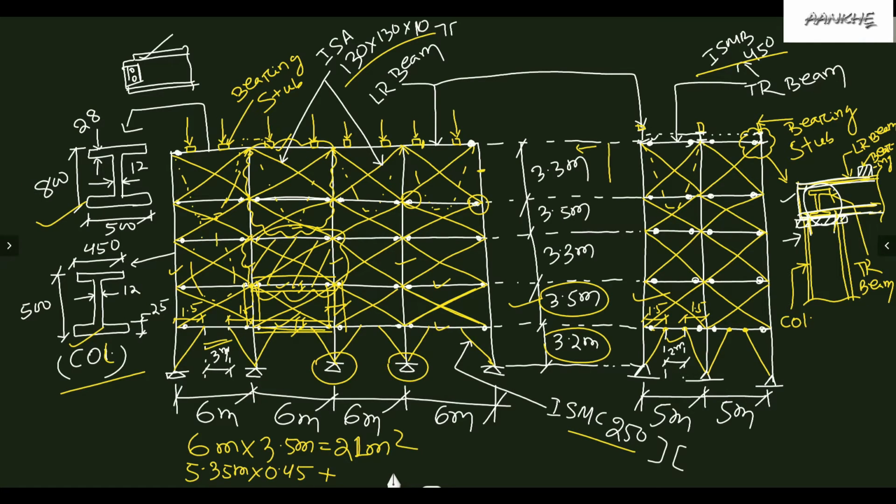Okay, because half beam from here and half beam from here, this area, and in column we will be taking this area. We will be considering this frame only. Okay, so here column will be how much? The height will be 3.5 and the width will be 0.45 plus